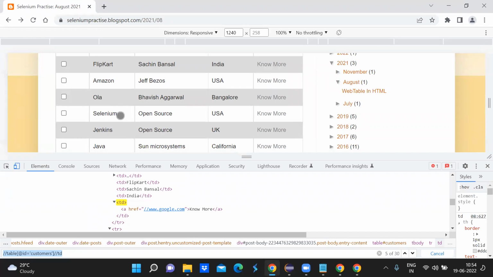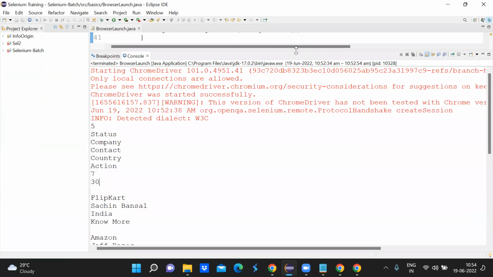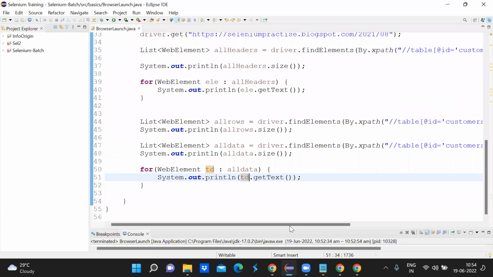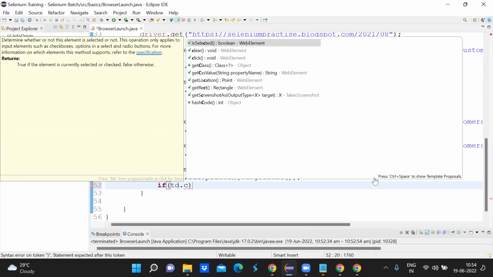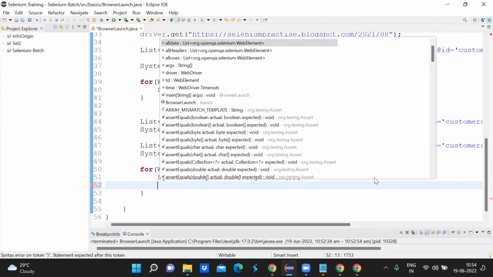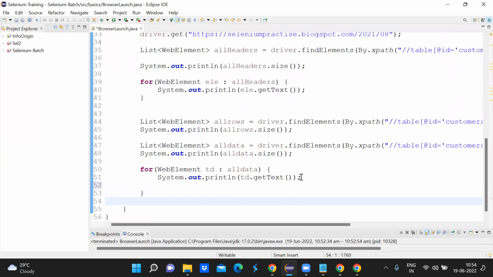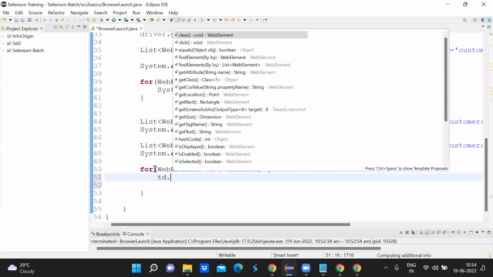What if I need to check if any particular data is there or not in the table? So I will have to add some condition here, right? With this for loop. Yeah, if condition, right? So can you tell me how to put that? Sure. If td dot get text. We can keep that in a string and we can compare that with the actual text. td dot get text